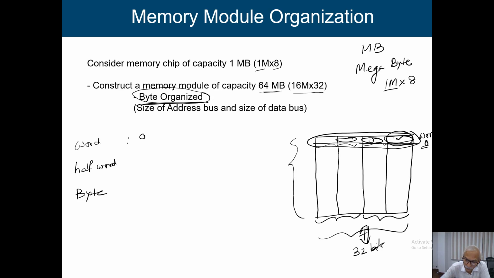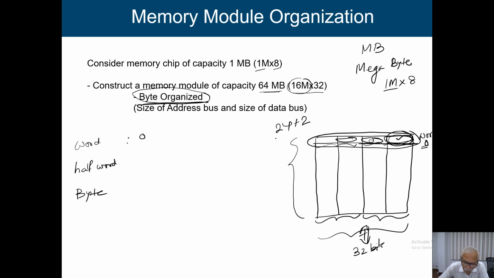I should have an address for each and every byte. So initially for 64 M or 16 M, I said that I need 24 bits of address line. Now since I should have provision to access each and every byte, I need an additional 2 bits of information, because these 2 bits are going to indicate whether I am going to access this particular word or this particular byte.